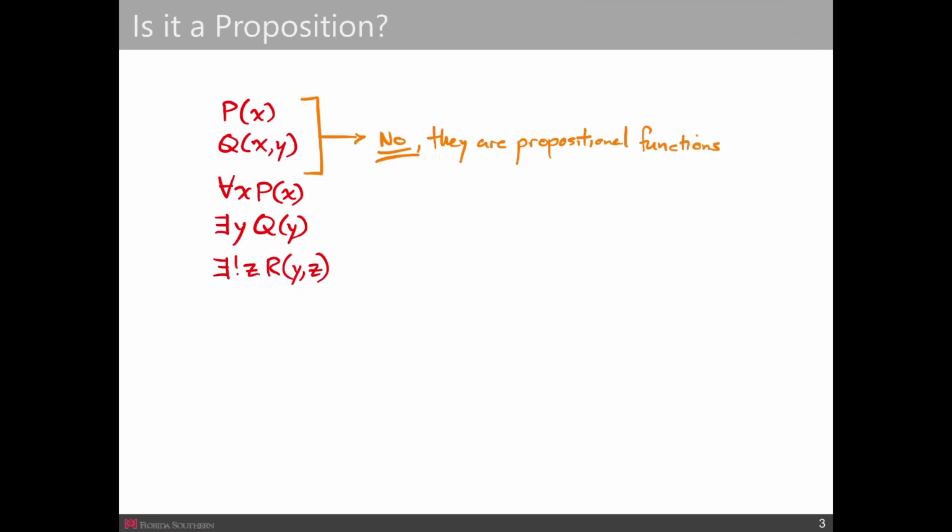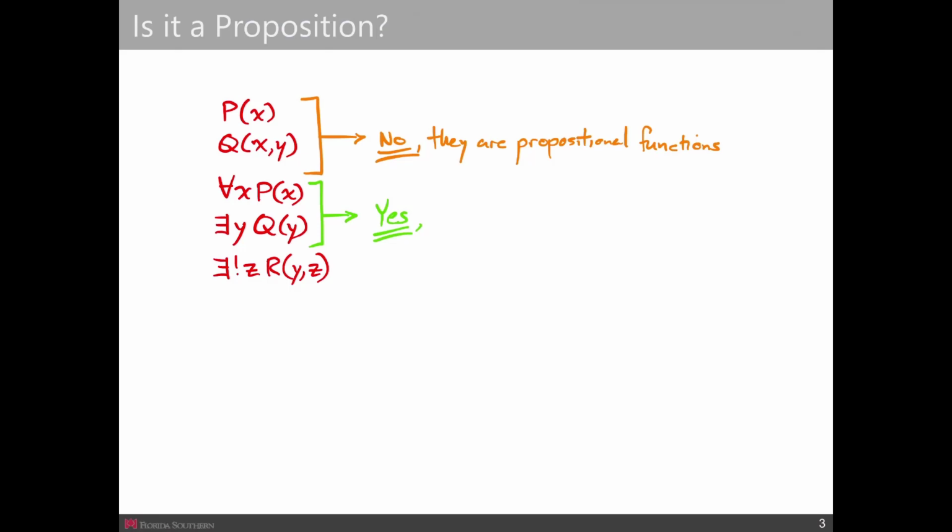Now here's where it gets a little tricky. In the next 2 examples, I'm going to argue that these are propositions. You may be saying to yourself, well, wait a second, I still see variables, and those variables seem unknown. But they're not entirely unknown. We're actually quantifying them with either the universal or the existential quantifier. So the first expression is saying "for all x, P at x." We can assess whether that's true or false by checking the values in our domain of x